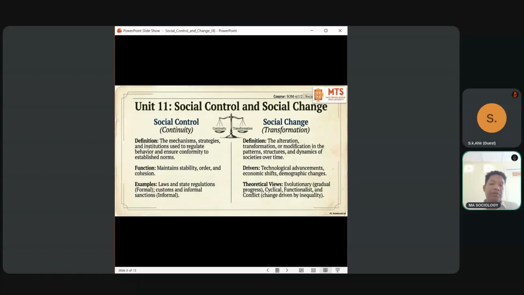So if we talk of the economic shift also, similarly, in terms of the Indian aspect towards the Northeast also, you see how there was an advancement of economic shift. Now how there was growth and development taking place through various agencies, right? So in that way, you have to understand what is social control. There is more or less continuity. Social change is more or less transformation. Okay, so you see the development or transformation of technologies also.